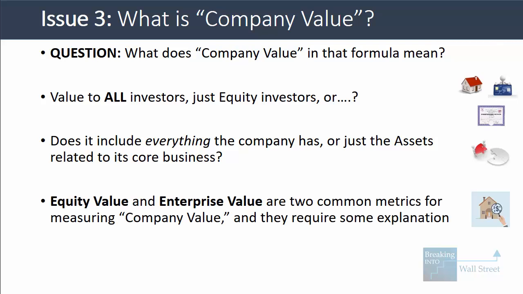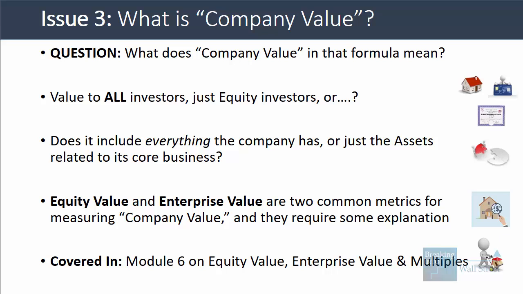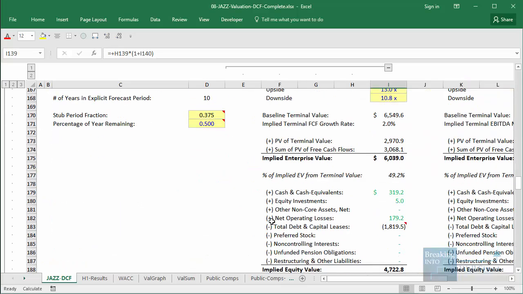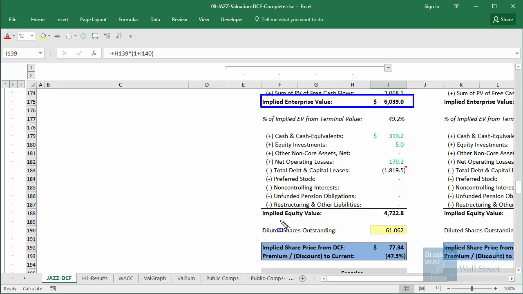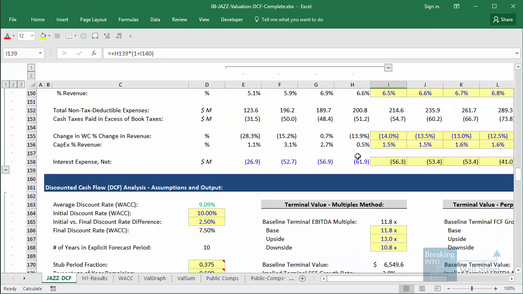You normally deal with this issue by calculating two metrics called equity value and enterprise value, which are used to measure company value, and they differ in the investor groups and the assets that they refer to. But just these two concepts will require quite a bit of explanation. So we cover this topic in Module 6 on equity value, enterprise value, and multiples, but you'll see it throughout. For example, in almost any valuation, we'll go from enterprise value to equity value or from equity value to enterprise value, and we'll use both of them together to think about companies' valuations as we move through the course and